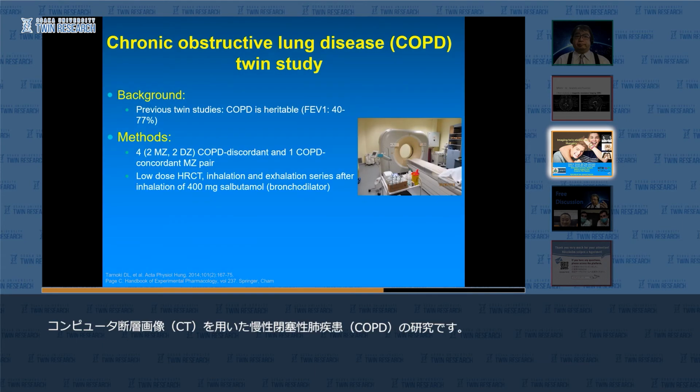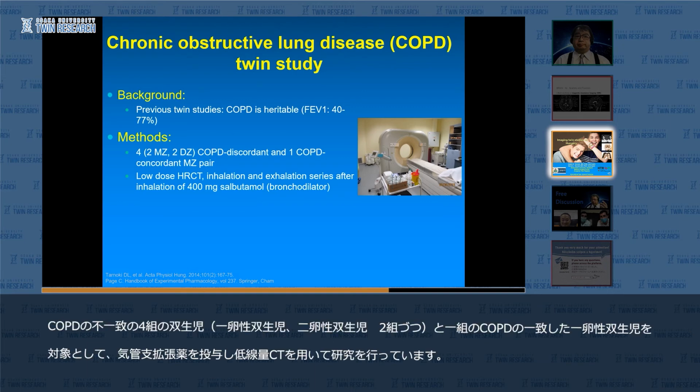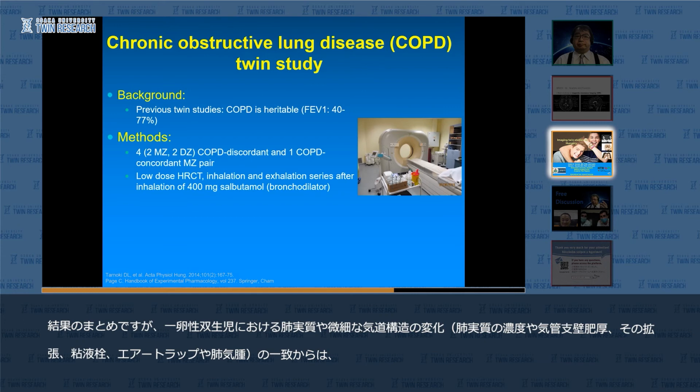Regarding the lung, that was a low-dose CT study in Hungarian twins, involving twins having chronic obstructive lung disease, COPD. Previous twin studies indicated that COPD is heritable in general, based on lung function. However, there were no morphological twin studies involving twins who underwent CT scans. So we involved some COPD discordant and concordant monozygotic twin pairs who underwent a low-dose CT scan, and we found